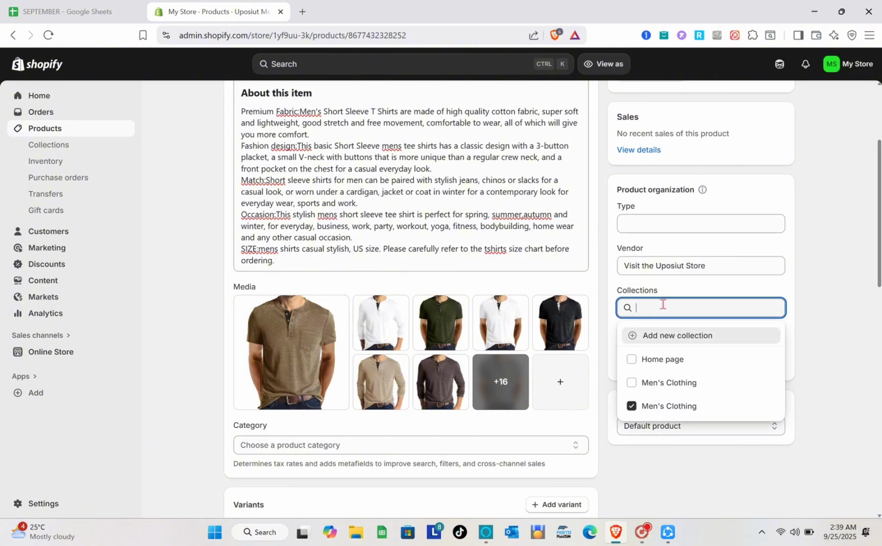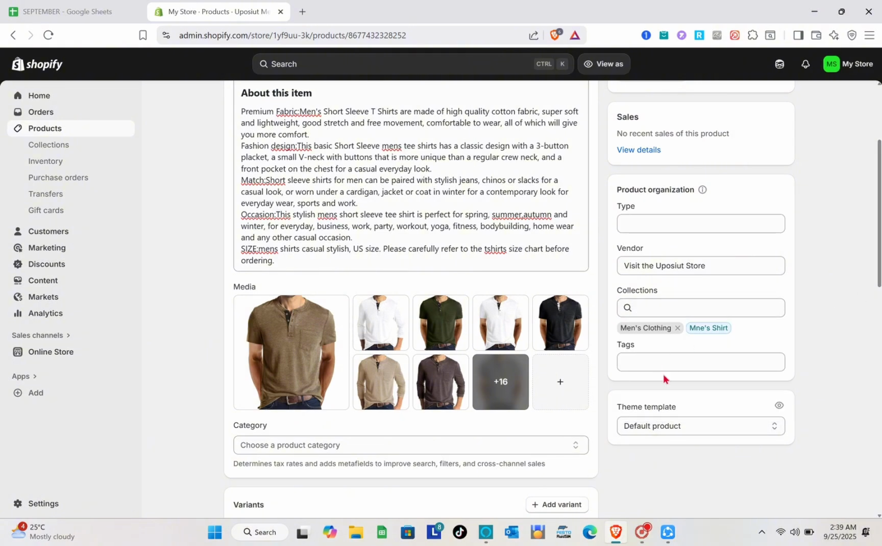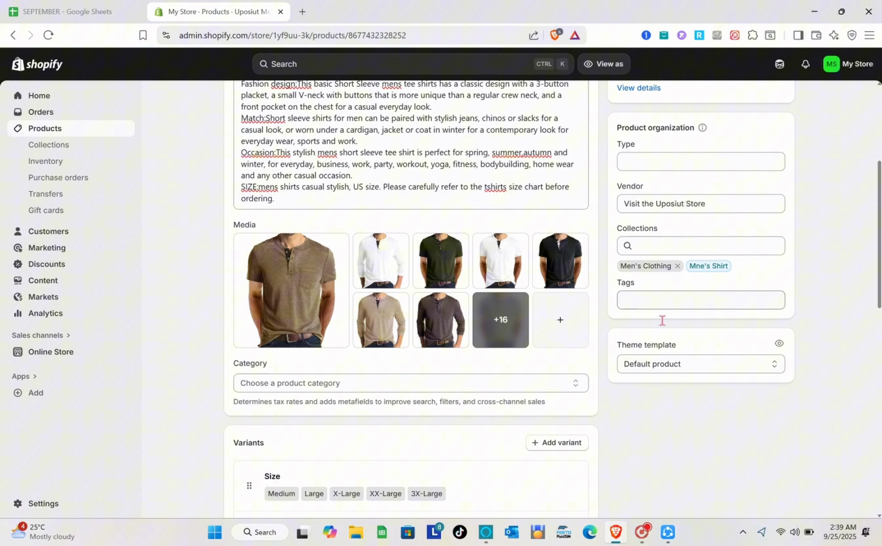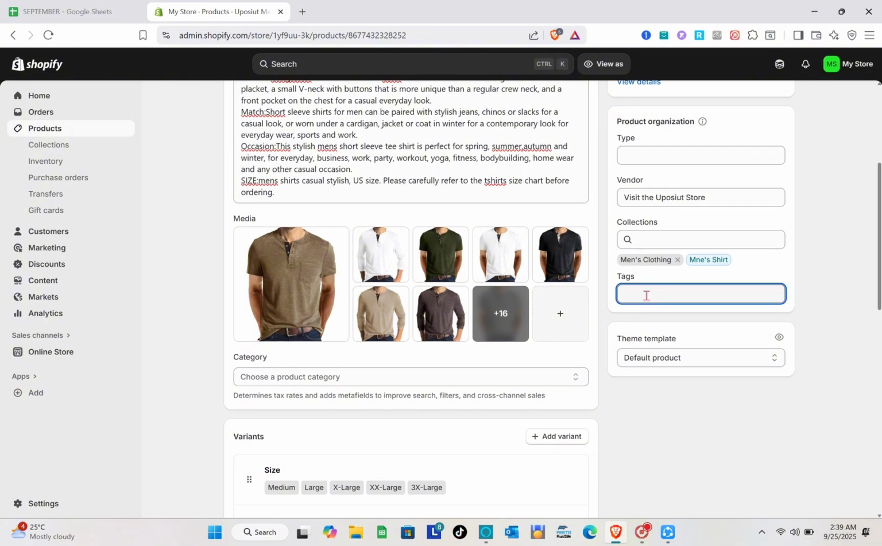Okay, so here this is the collection, right? So we can see here now the collection section. So here we have the men's clothing and the men's shirt. So it's all good now. So for the tags, we can just tap it right here, like for example, shirts. Okay,